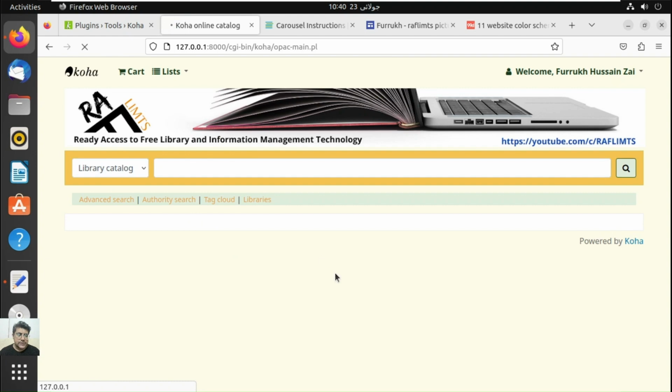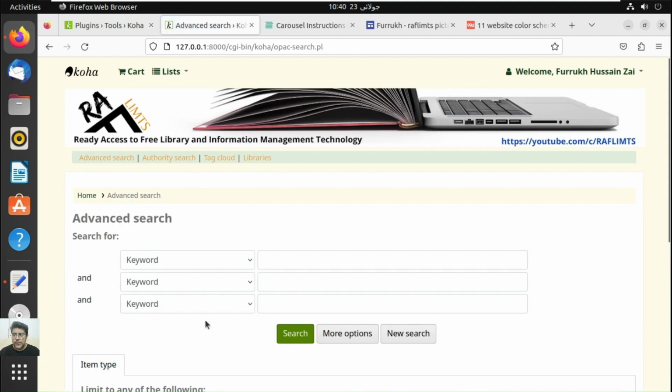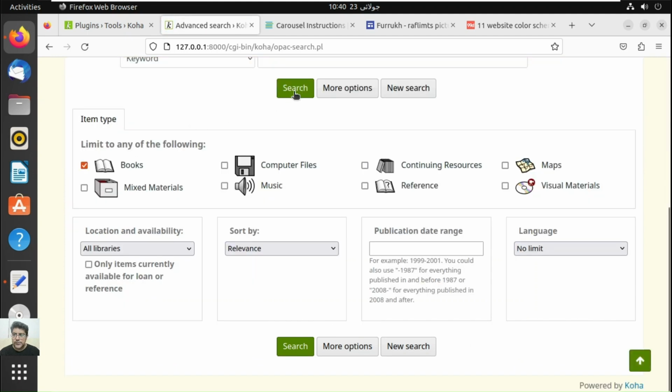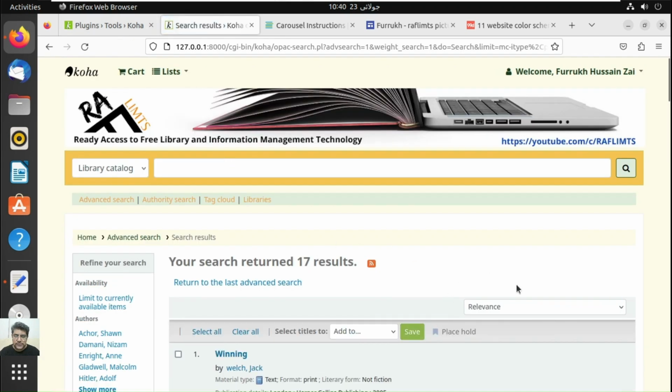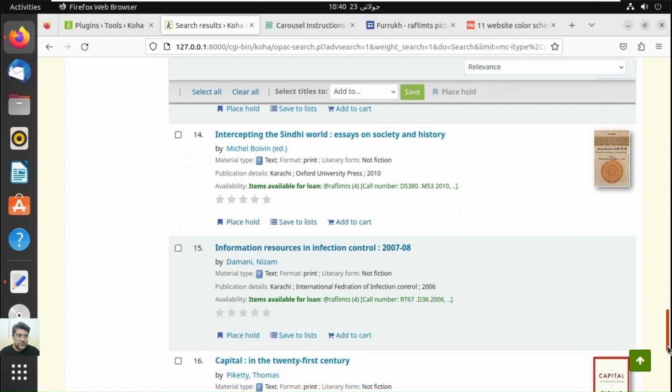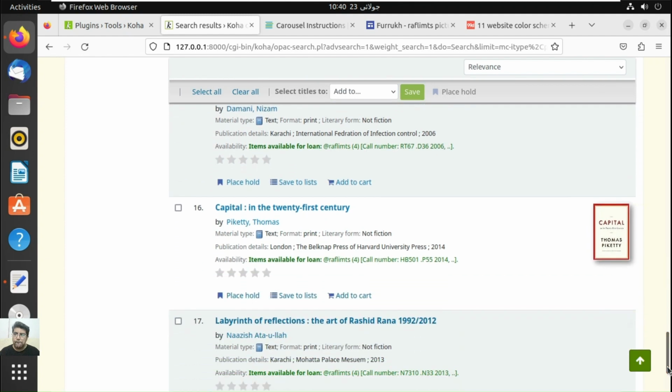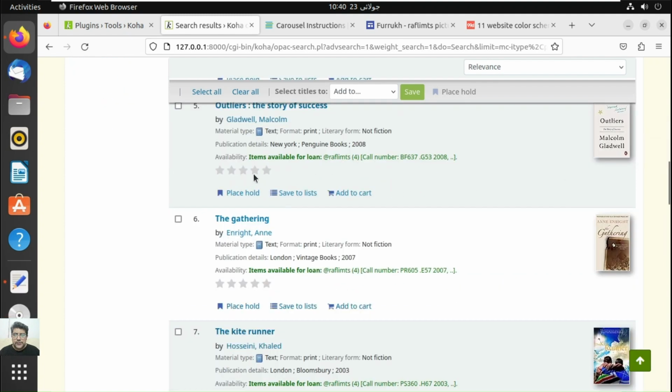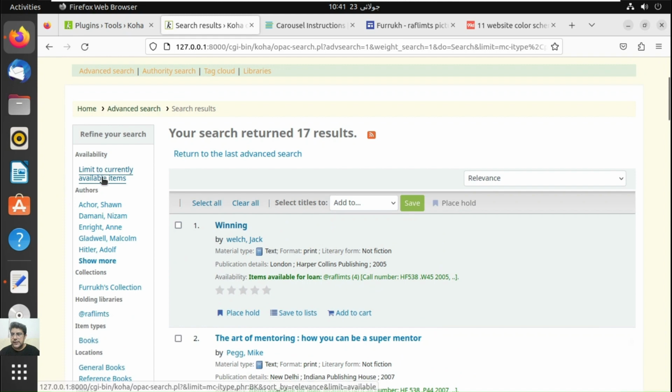Now home, the advanced search, and search for book. This area is actually the main user block. When you change the color of the main user block, you can also change the main user block color, but it's not here in this plugin. And you can see the shadow on the background of the book template. And then, okay, so it's quite a cool theme. So this is the plugin that you can use to modify your